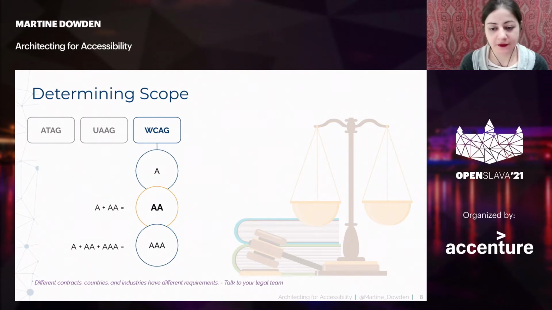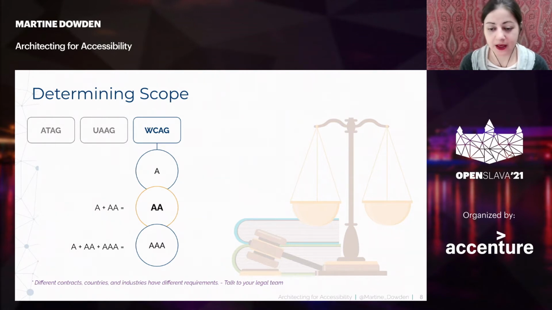They've set several standards depending on the type of application you're writing. So you have ATAG, UAAG, and WCAG. ATAG is the Authoring Tool Accessibility Guidelines. These would be for applications that create content, so if you think of your content management systems, your CMSs. You have the User Agent Accessibility Guidelines, which are the UAAG. Those are for browsers. So if you were to create your own browser, those are the guidelines you would need to follow. And finally, WCAG, which is the one we're generally going to be following when we're writing web applications.